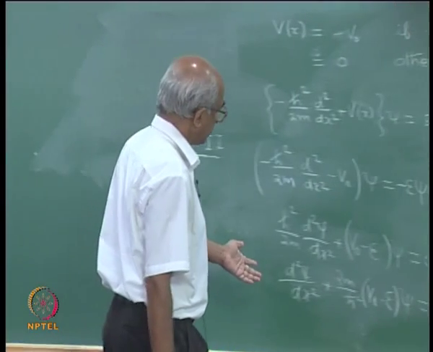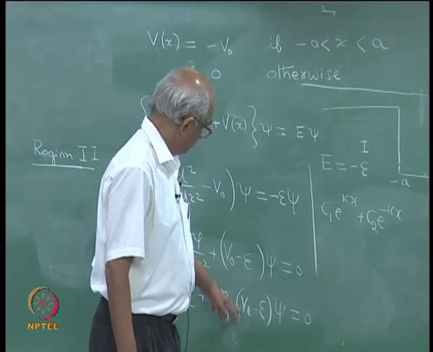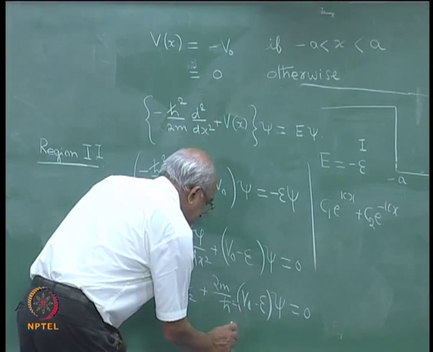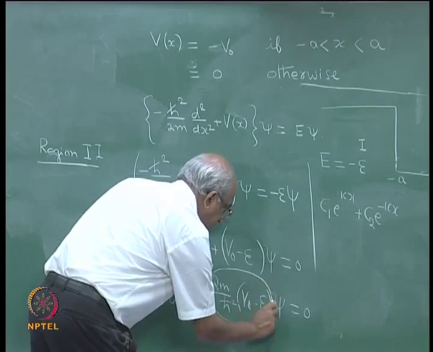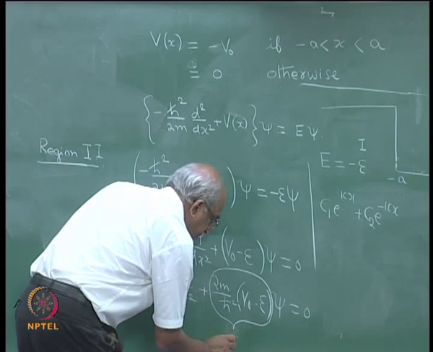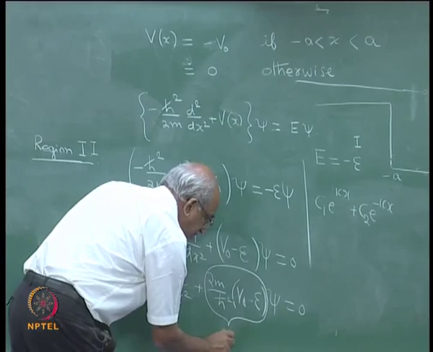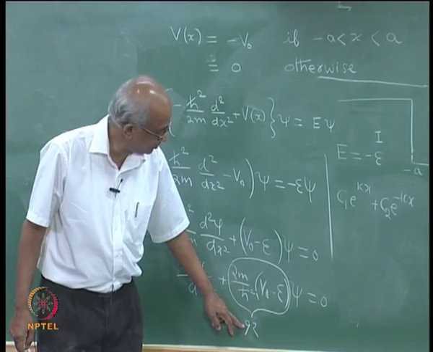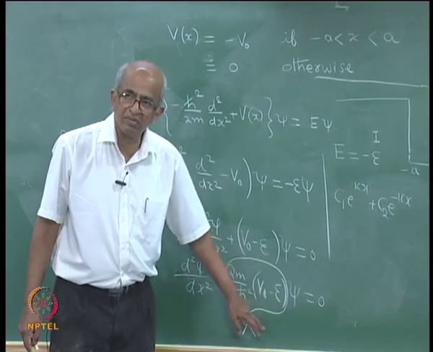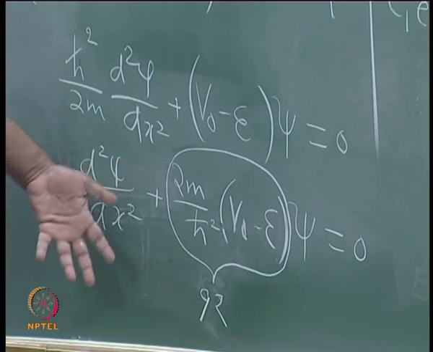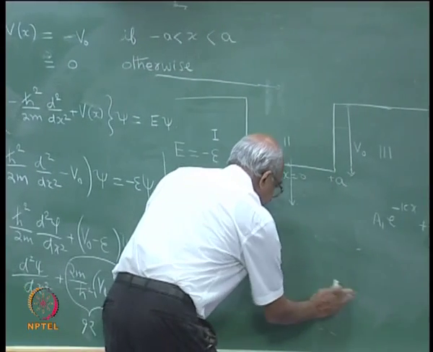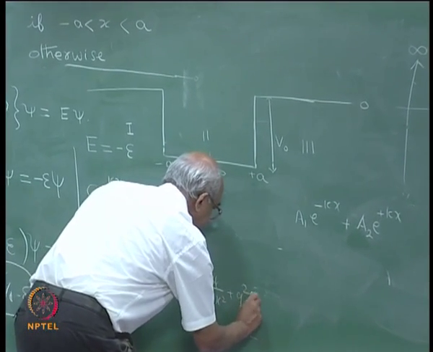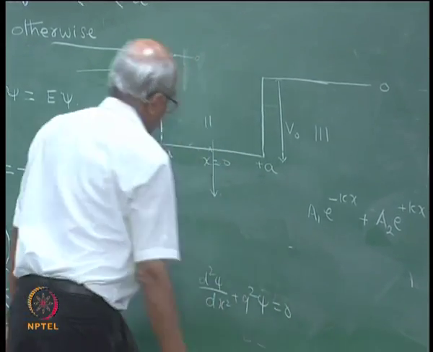Now, V 0 is a constant, epsilon also is a constant, right. Therefore, this whole thing is a constant and it is perhaps convenient that I introduce another constant which I will define such that the new constant that I am introducing is q, and I introduce it in such a fashion that q square is equal to this number. So, therefore, in this region the differential equation has the form d square psi by dx square plus q square psi is equal to 0. That is in region 2.